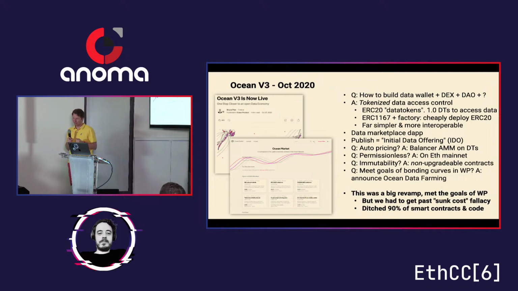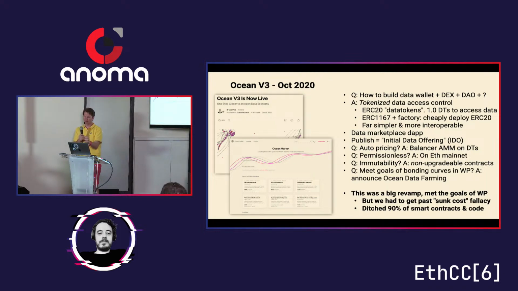But then we realized, you know what? People have already built wallets for crypto stuff, tokens, ERC20, ERC721. They've already built DEXs for this. They've already built DAOs, the Aragons and Colonies of the world. So let's just leverage this infrastructure, this awesome stuff that has been built by the community over the preceding years. How? Tokenize it, right? So we simply tokenize data. And it feels so small and simple, so glib, right? Just like tokenize X. But it's actually a huge unlock, because now, as soon as you tokenize access control,